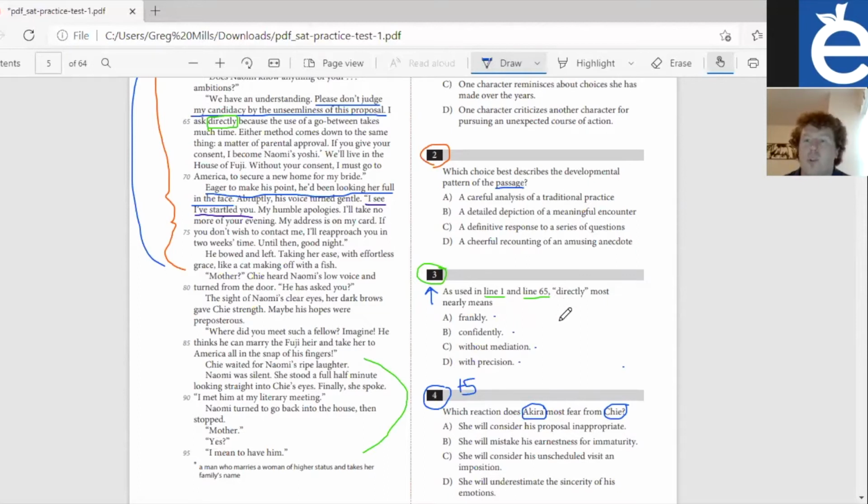So when we approach a vocabulary question, we want to look at these in context, okay? So when we look at them in context, we usually just want to read the sentence that contains them. So when we read that sentence, usually you can get a sense of it on your own based on that reading. If not, if you're still not entirely sure, you want to create a general idea of a definition. It doesn't have to be an exact definition of what you think they're saying, but a general sense of what they're trying to say. And we can compare that